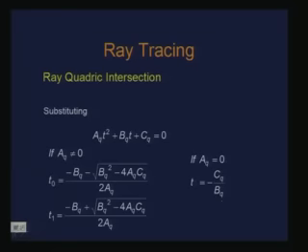Right. Okay. So, once we have again found out the point of intersection, the next thing comes as what is the normal, right. What is the normal at the point of intersection? How do we find out the normal? So, clearly it is not as simple as it was in the sphere. So, what do we have?